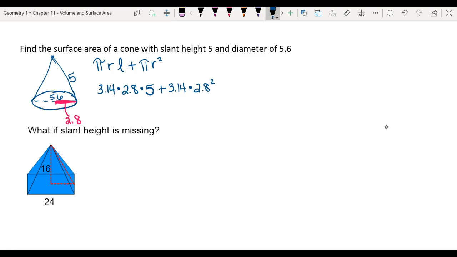A lot of people have been finding this and finding that, then adding them, which you're going to have to do if you use your phones. But if you're using my calculator, you could just plug in the whole thing at one time and not have to worry about doing them separately. Okay? So if you do it at one time,